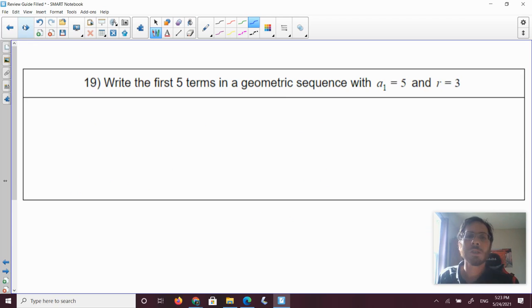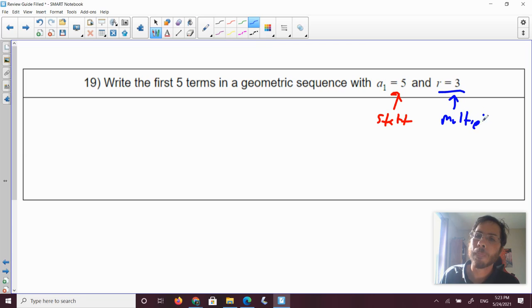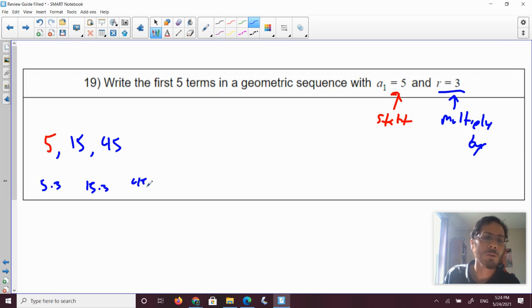19, write the first 5 terms in a geometric sequence with a of 1 is 5 and r is 3. Remember, a of 1 is going to be the start, and 3 is going to be what you multiply by. So if we start at 5 and do 5 times 3, it's going to be 15, and then we're going to do 15 times 3, which is 45. Then we're going to do 45 times 3, which is 135. Then we're going to do 135 times 3,